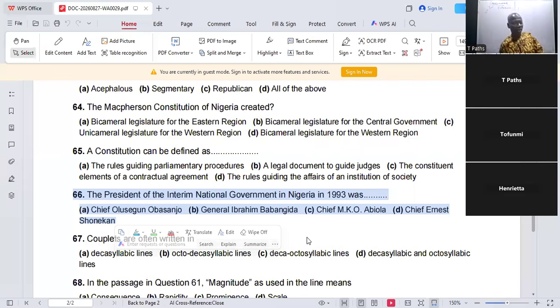So you now step aside. Having stepped aside, they now have an interim government that was mandated to conduct an election. And the interim government, Ernest Shonekan, spent only 84 days in office. He was impeached or removed by what? A coup, another coup that brought in the late General Sani Abacha, the 7th military head of state, on November 17,